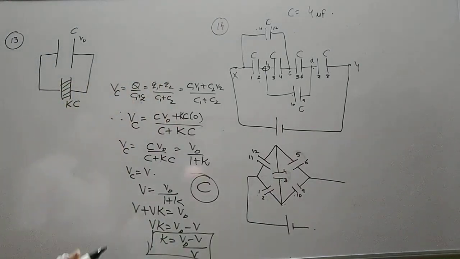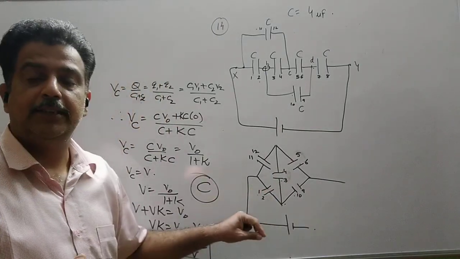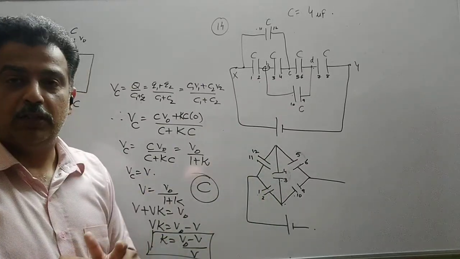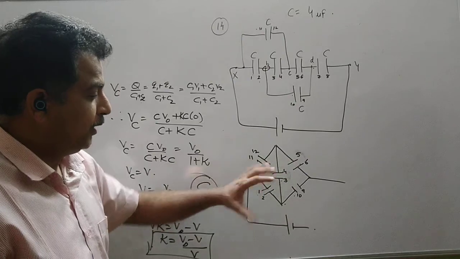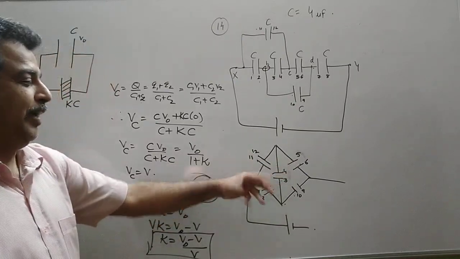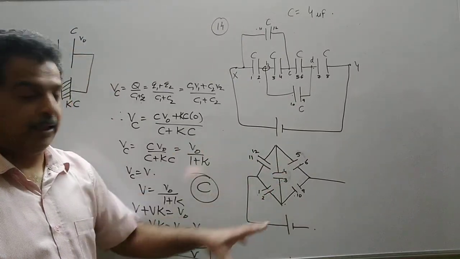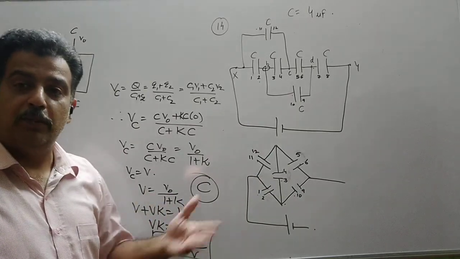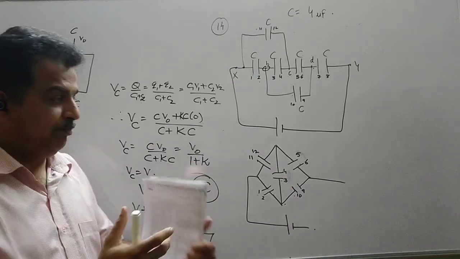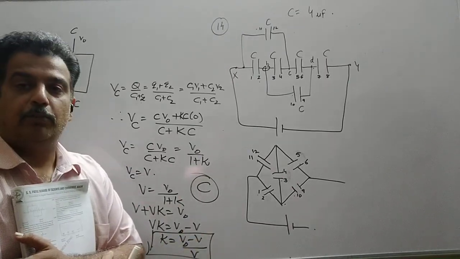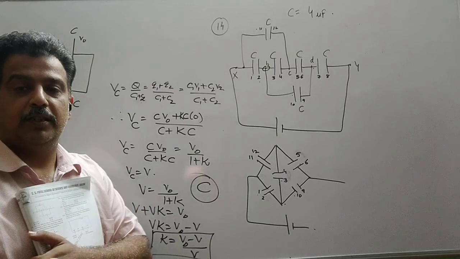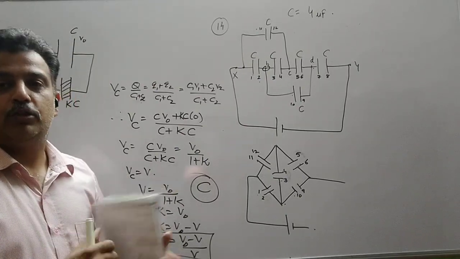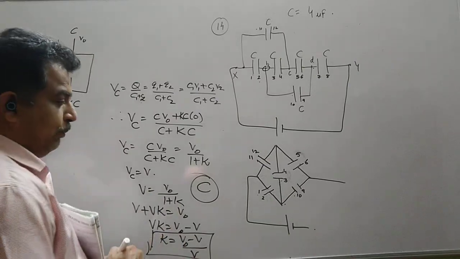Say you have to make a combination. It is not necessary that in a first step we will draw a balanced Wheatstone bridge or we correct a plate. So I can change the plates when required if it does not set into the Wheatstone bridge. It may be unbalanced, or it may be possible that it does not form a Wheatstone bridge also. But most of the time, if there are 5 or 6 capacitors or resistors, we have to first go for a Wheatstone bridge. So this is the combination.